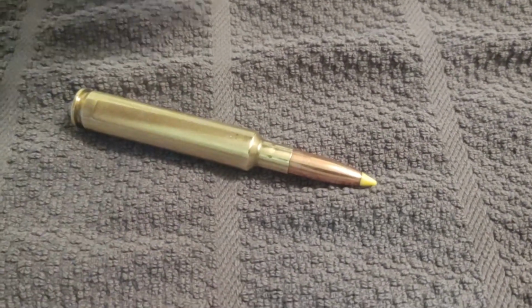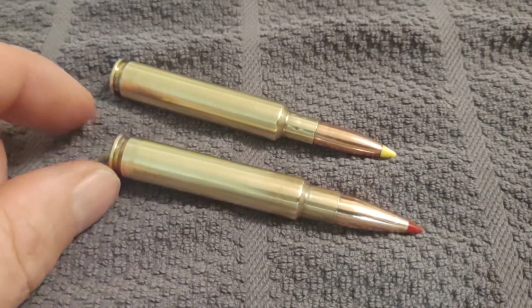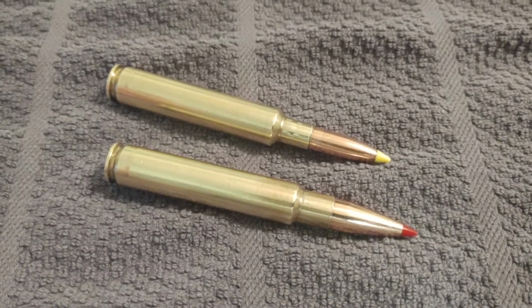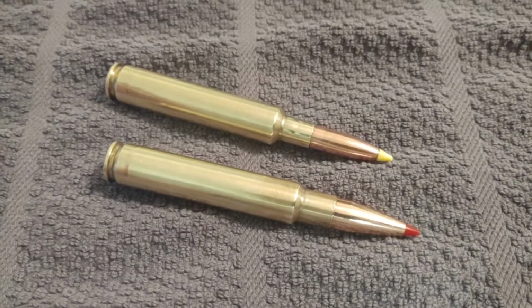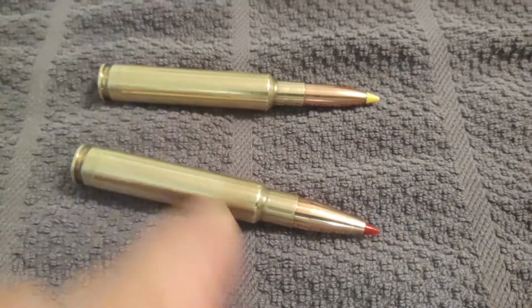I grind custom reamers and stuff. So I did this one a while back. It was a 338 .6 Ackley Improved reamer, and I just turned the neck down. And this is a standard